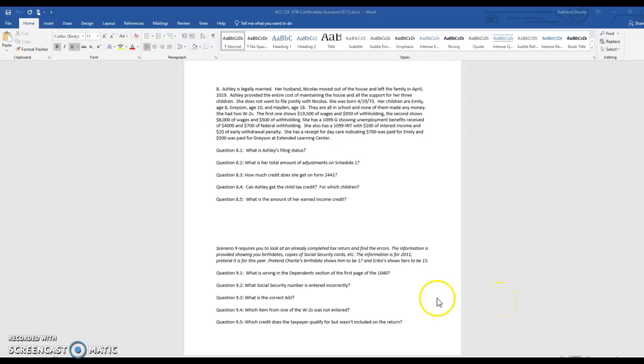All right, let's take a look at the last scenario. That requires you to look at an already completed tax return and find the errors. Okay, so